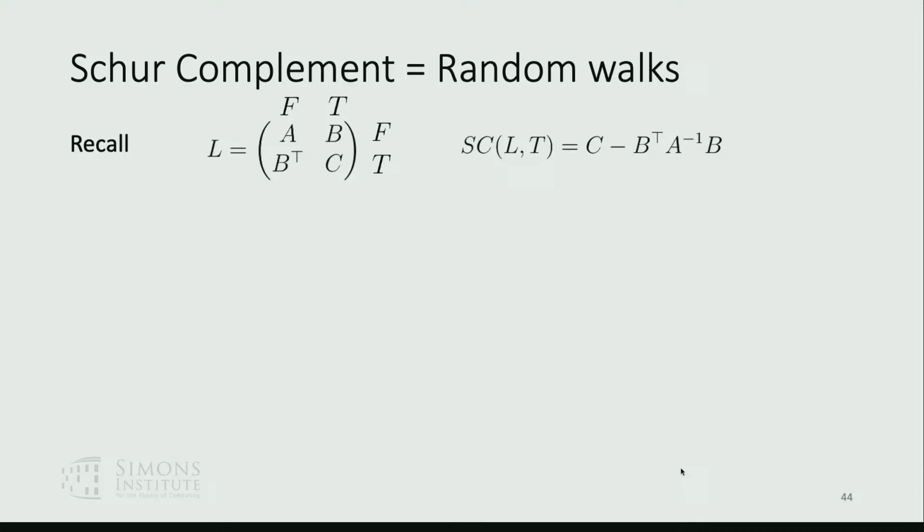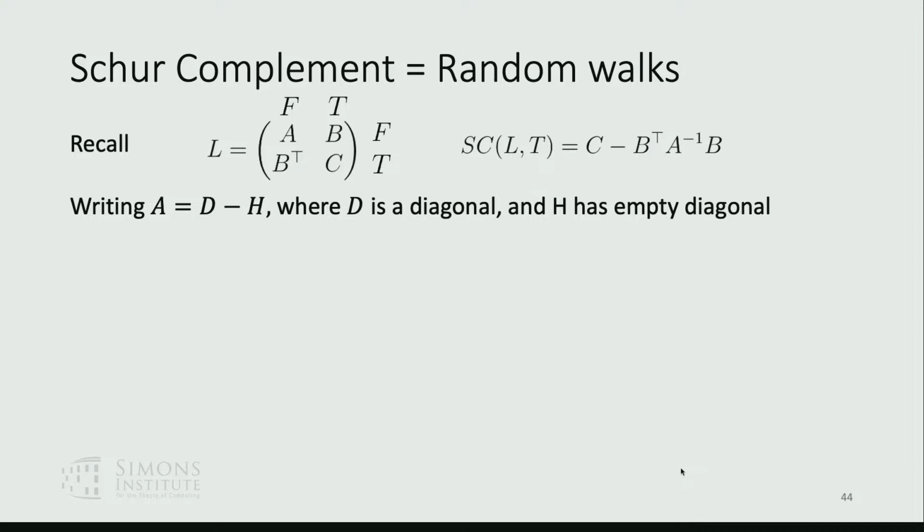Yes. So let's now interpret the Schur complement in terms of random walks. To do that, I will write my A matrix as the diagonal weighted degree D minus H. D is the weighted degree in the original graph, not in the vertex restricted subgraph. It's in the original graph. And H are my edges that stay within